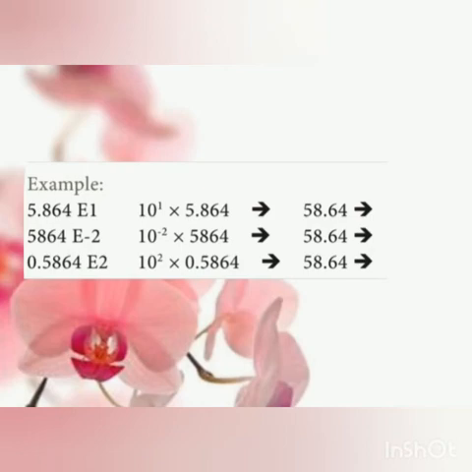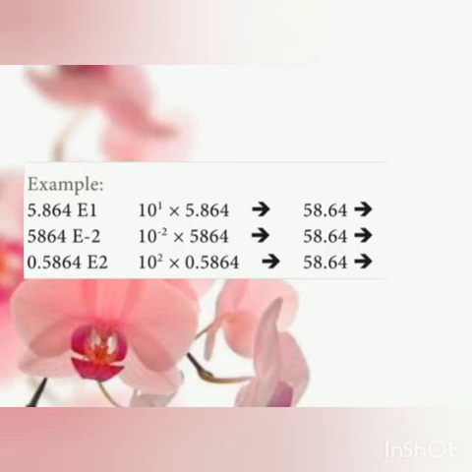5.864E1. Here the exponent form can be written as a power of 10. The exponent value is 1. So 10 to the power of 1 into 5.864. The power value is positive, so the decimal point is moved towards the right side. Then what result will we get? 58.64, because for 10 to the power of 1 we have to move one place towards the right hand side. So we will get 58.64.